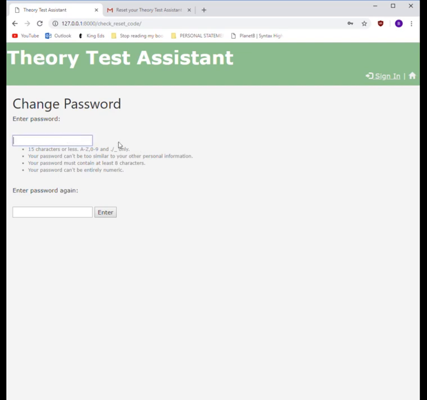Once again, just like the sign up page, if I input a password that doesn't match the requirements, for example, pass123, this password isn't 8 characters long, it's 7, so password doesn't match criteria. However, if I type in pass12345, pass12345,